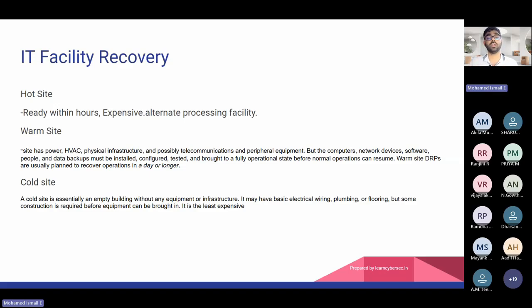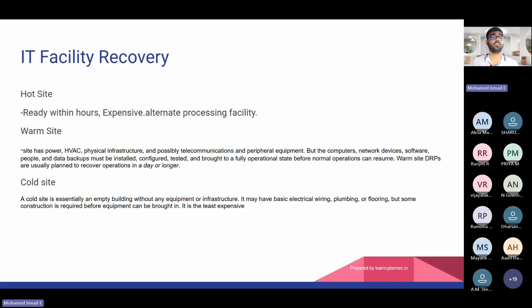This depends on your business value. If you are dealing with a highly critical business, then a hot site is the right approach. If you are dealing with a medium-size business where the impact can be tolerated for more than a week, and if your service is impacted no one will care, then you can go with a warm site, because after a week you can recover the business. Cold site is just a name sake.